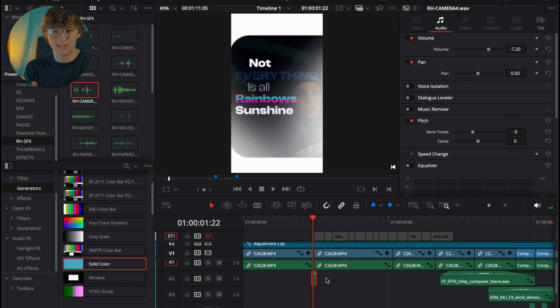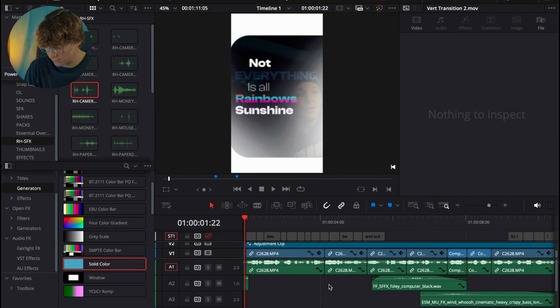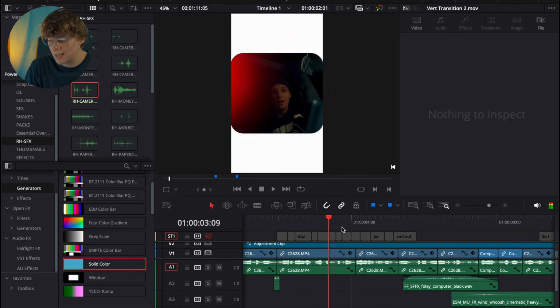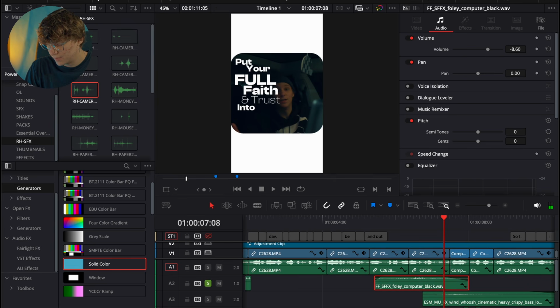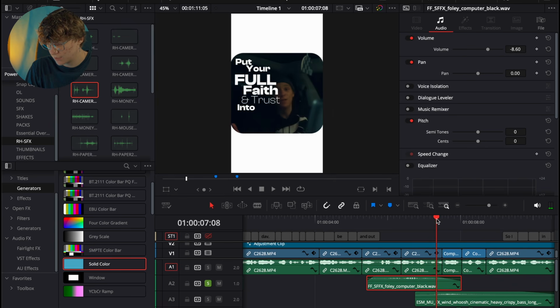And the biggest key to sound effects that I can give you guys is just putting them on negative. So -7. Don't leave the sound effects as loud, they're just too loud, you know what I mean? Then if we solo this, we have a computer sound effect when I did this one. Then we have a swoosh for when God comes up. So if we solo this one as well,